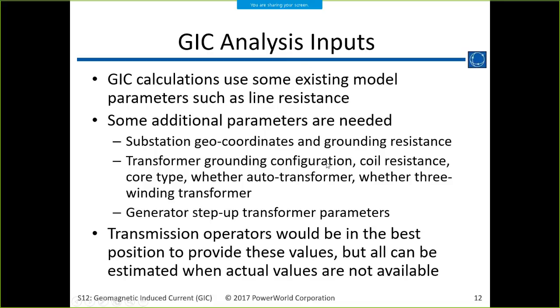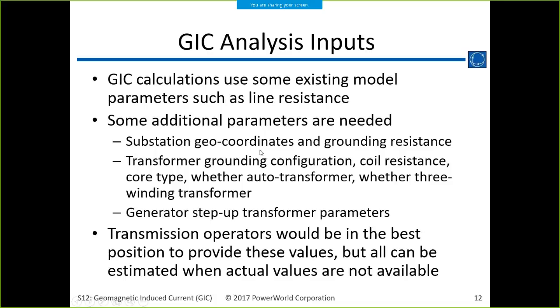Question for Scott. Yes. Just to be clear, all of these can be inputted into the base package of Simulator, right? That's correct. The data capability is there, right? We have a GIC add-on, which is the analysis side, but the data fields are there if you just want to store them in the case. And then we can also export to the PSSE GIC format, which is just a text file with a GIC extension, and read data in from that format as well. Okay.